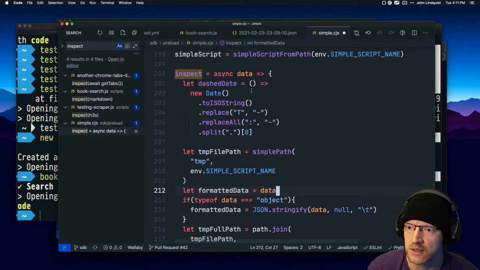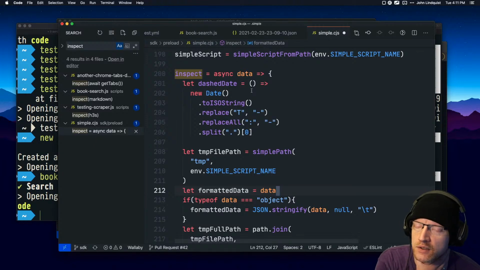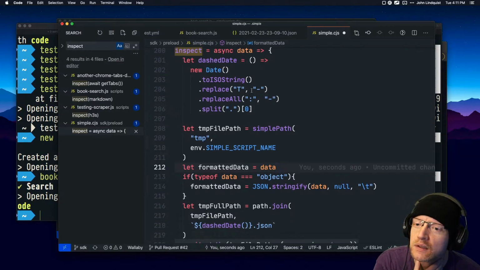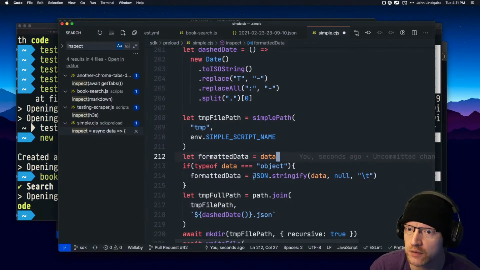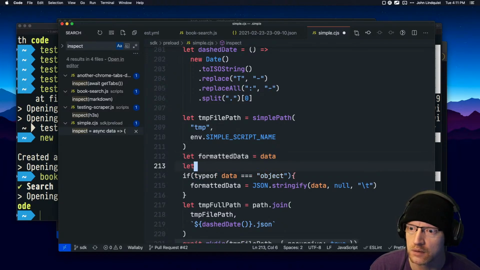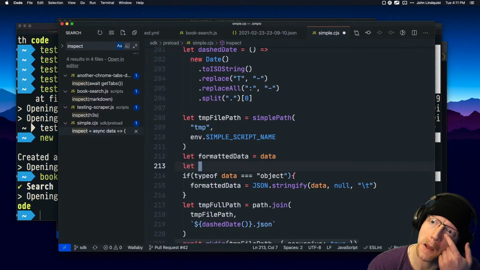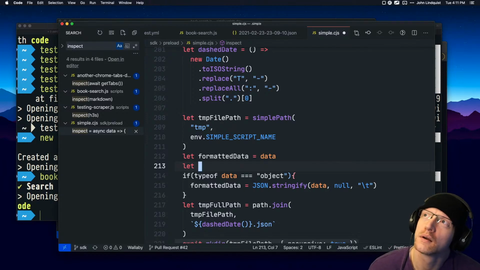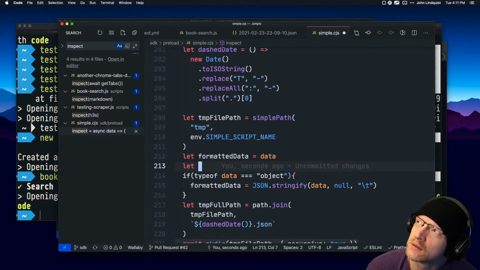So let's have it default to data, but if it's an object, then stringify it. But also, I wonder if I could give it a